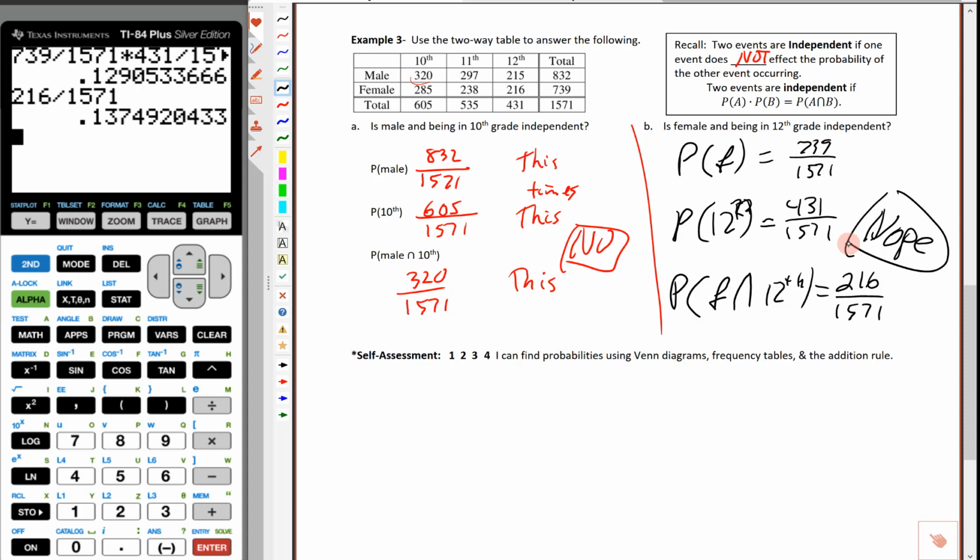Now, when you have stuff like this, do we really think that the gender would have anything to do with what grade they're in? No. Probably not. We would assume that those are independent. Or sorry, dependent in this case. Okay. So we're going to go with this. I'm going to double check. I want to show you some